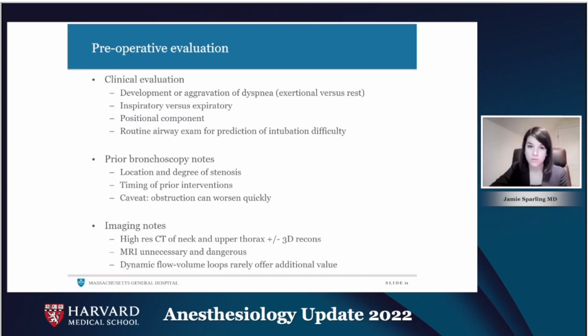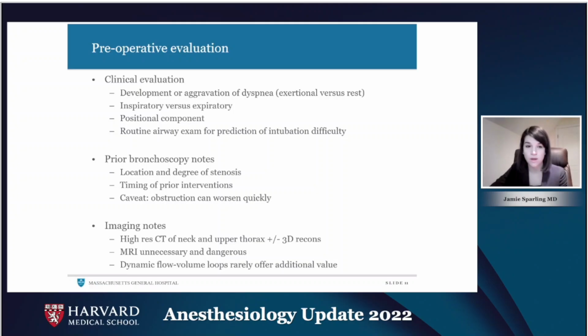In clinical evaluation of the patient, we ascertain the development or aggravating factors for their dyspnea, including whether it occurs with what degree of exertion versus at rest. We question the patient about inspiratory versus expiratory components of both their dyspnea and stridor, and whether there is a positional component. In addition, we conduct a routine airway exam to predict both laryngoscopy difficulty as well as difficult mask